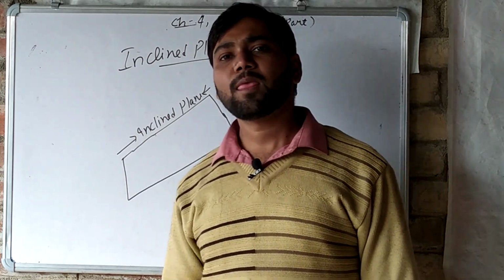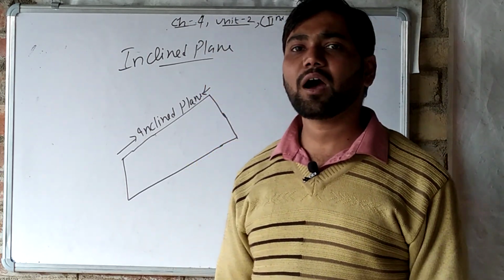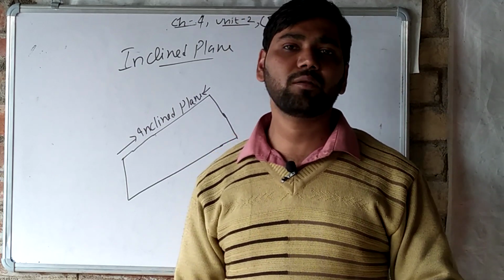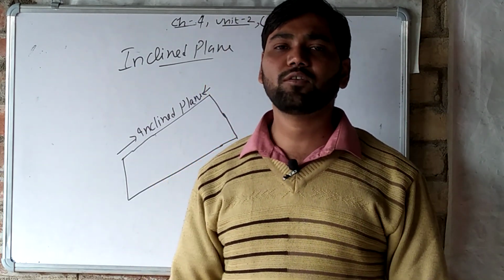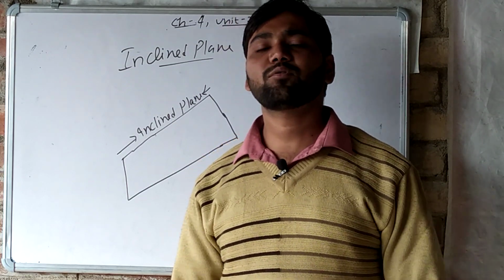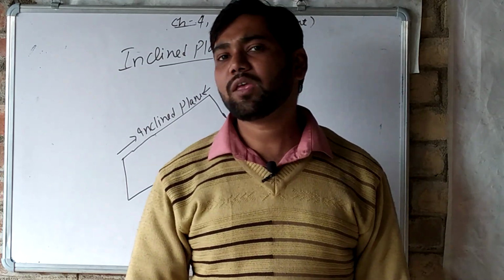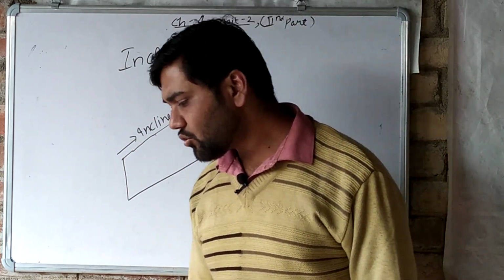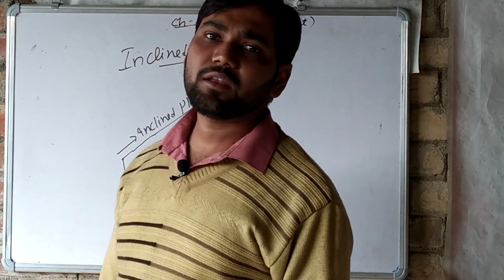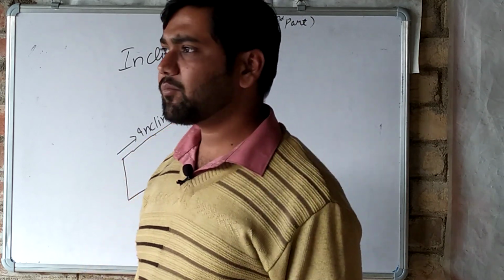है ना. घर में क्या है, बाइक को चढ़ाने और उतारने के लिए, कार को चढ़ाने उतारने के लिए घर के भी बाउंड्री में क्या होता है, दरवाजे के नीचे क्या एक इंक्लाइंड प्लेन बना दिया जाता है, एक स्लोपिंग सरफेस बना दी जाती है जिसमें कि गाड़ी आराम से चढ़ जाए और उतर जाए. तो वही क्या है इंक्लाइंड प्लेन. That is only the inclined plane. You all have seen what is known by the name of ramp, which we know as a ramp.